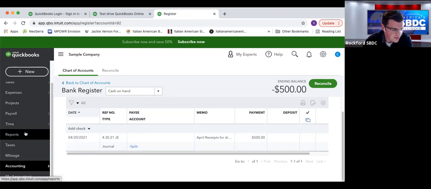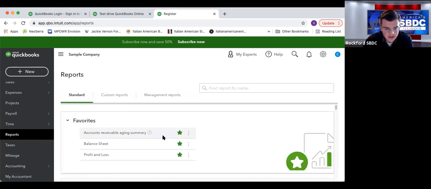So if we go to reports, there's going to be your favorites at the top. And usually the favorites are going to be the general ones, the balance sheet, the profit and loss statement, maybe a cash flow statement if you want it. This company's got the AR, accounts receivable, aging. So if we click on profit and loss, because that's what most people are going to use,